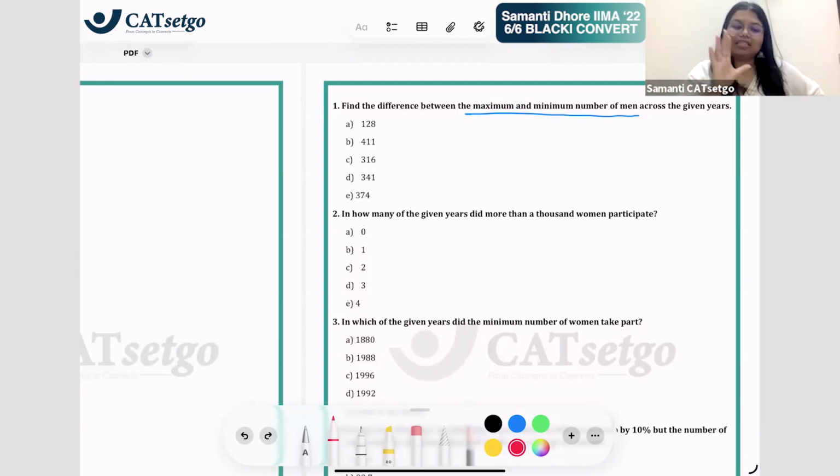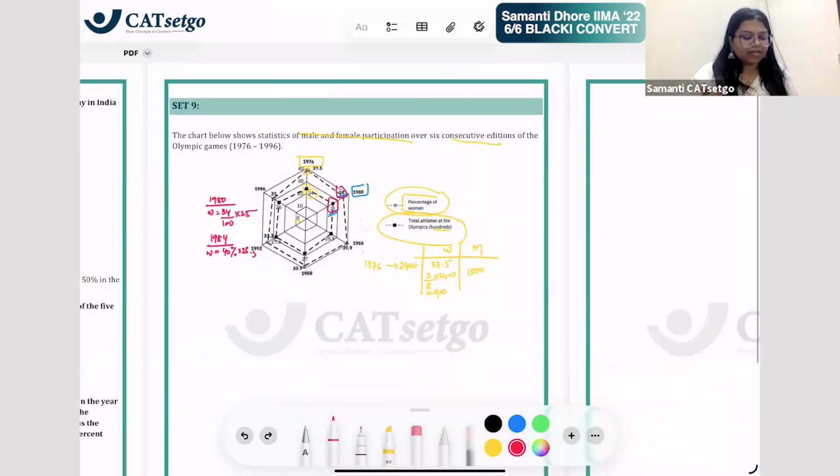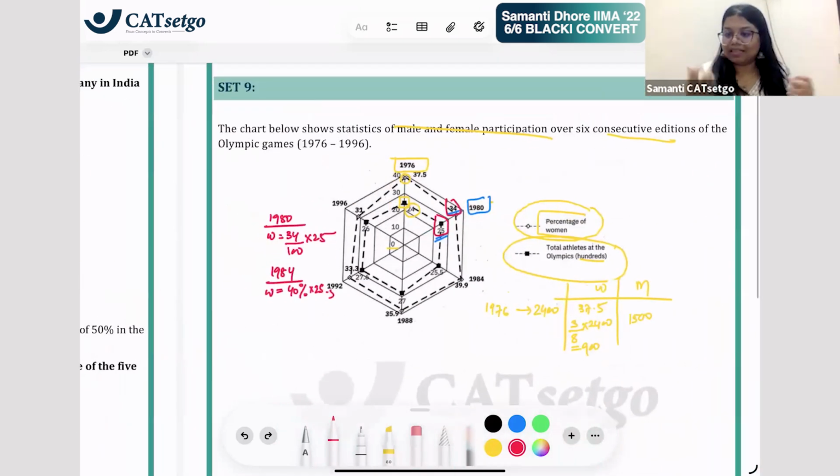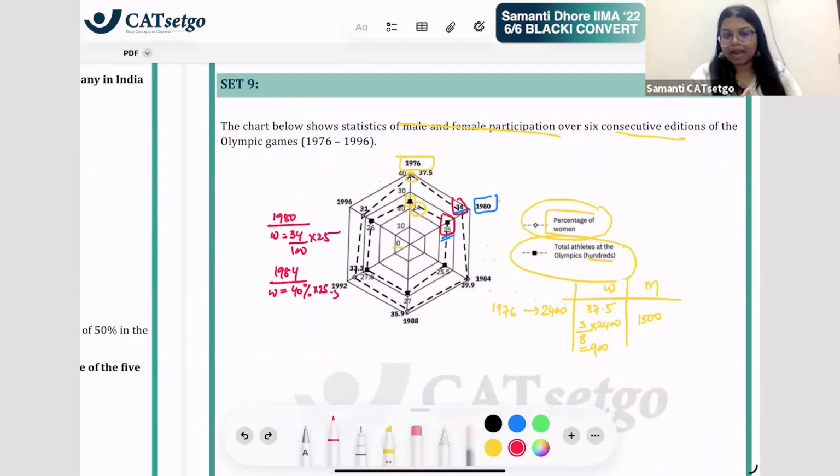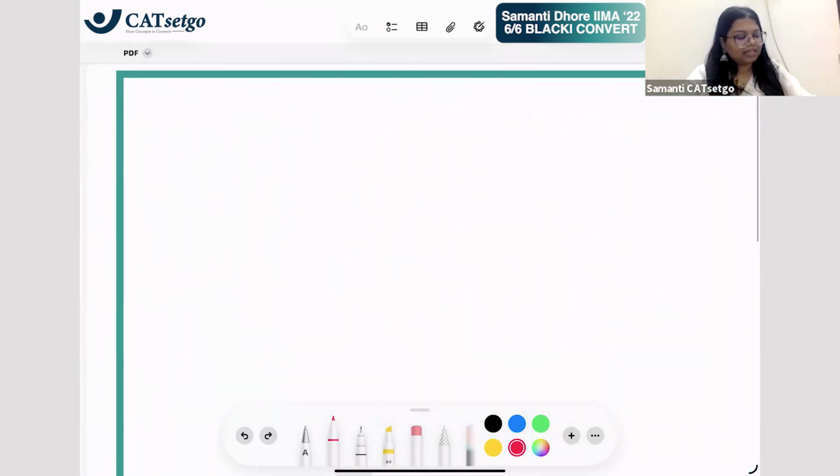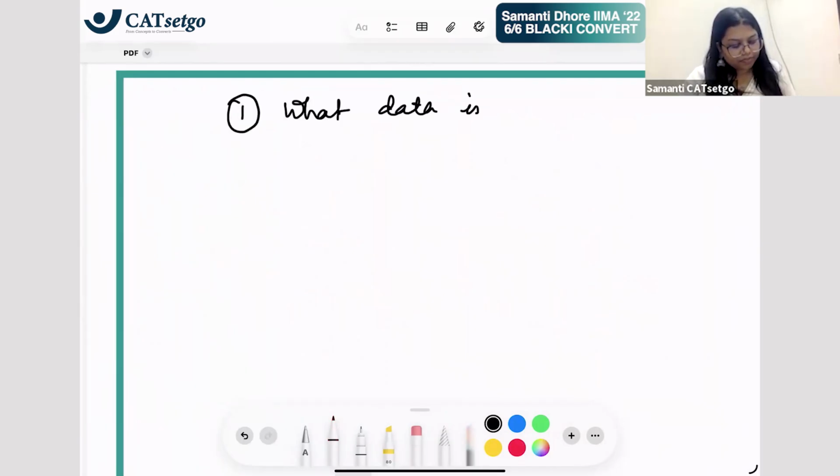ऐसे ही, ठीक है? So this is it about DI. Did you understand DI really well? Did you understand the different elements of solving DI or not? Yes, right? So more than that is about practice, advanced level questions, more and more fancy calculations, which we'll be doing in practice class, but concept wise, I am done. So concept wise, DI is exactly this, that first you should know what data is given to you.